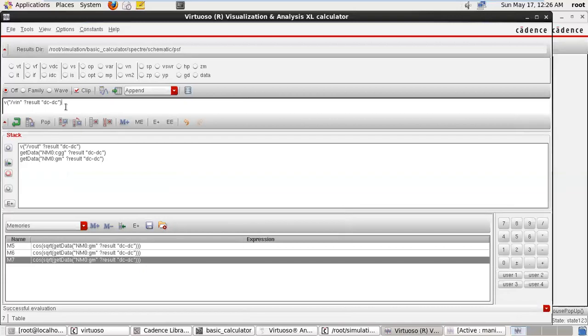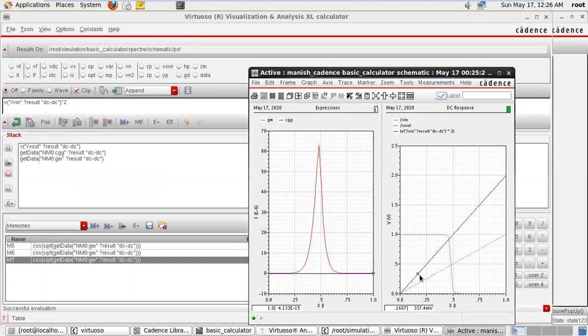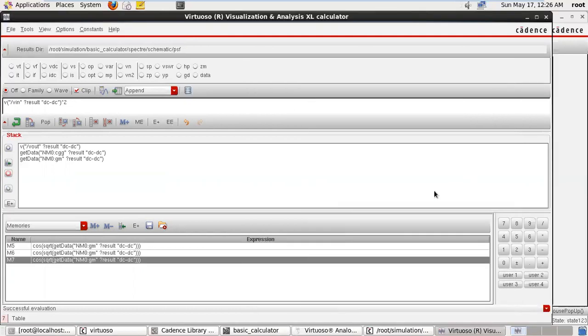Suppose we want to multiply it by 2, so just press the multiplication key and the key 2. Now the waveform is multiplied with the 2, and this is active in your result. This is the result of multiplied with 2. So this is your result, that is b in, and this is the 2b. So we can also change numerical value by using the calculator.